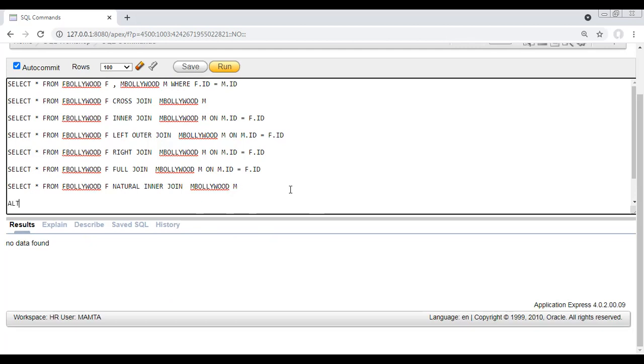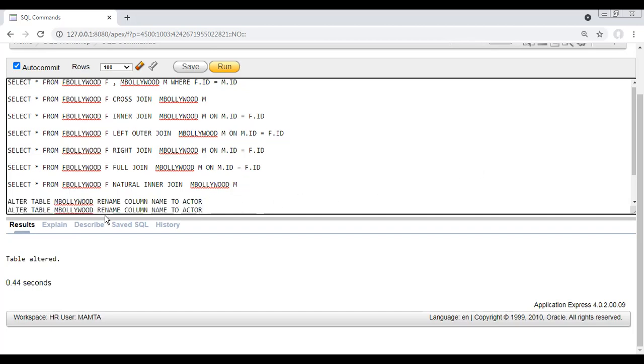We will say alter table m wallet. Okay. Rename column name to actor. We changed name to actor. Same thing what we'll do now. Rename